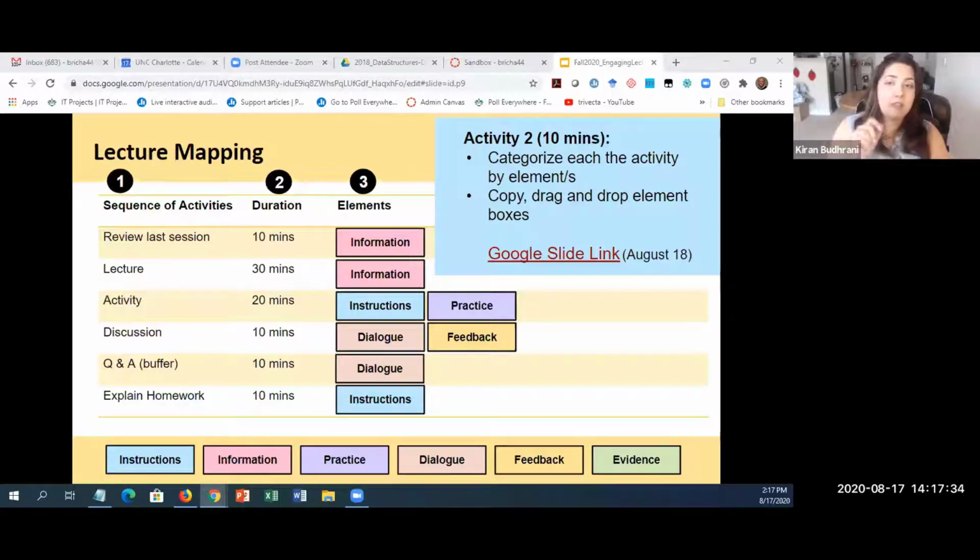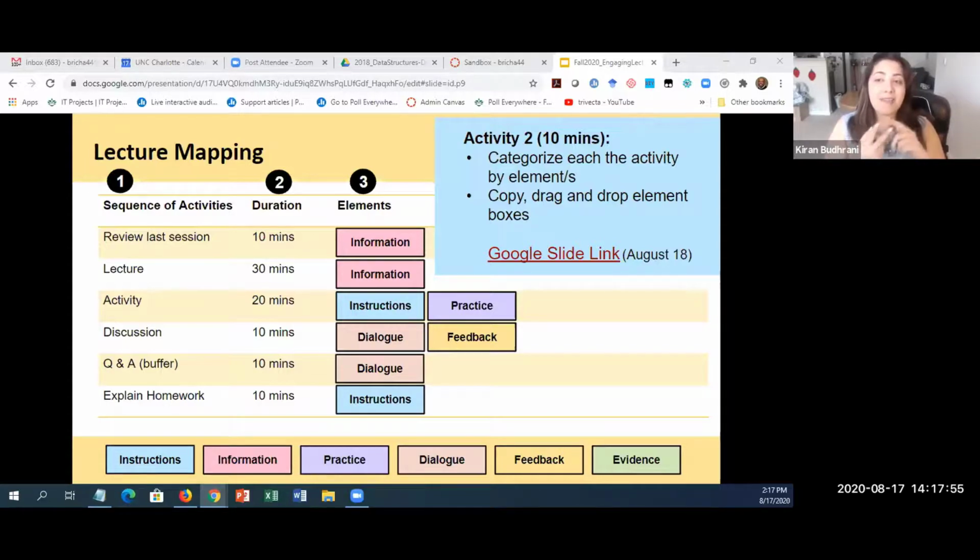Like the third item on the screen, the activity might have a set of instructions followed by a practice activity. Look at discussion: you might have a dialogue activity followed by some feedback that needs to happen.